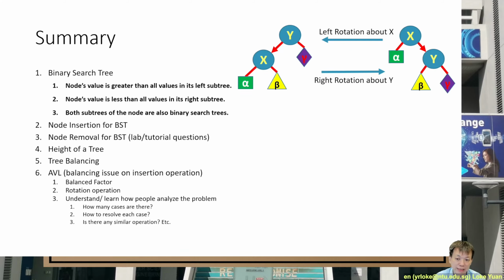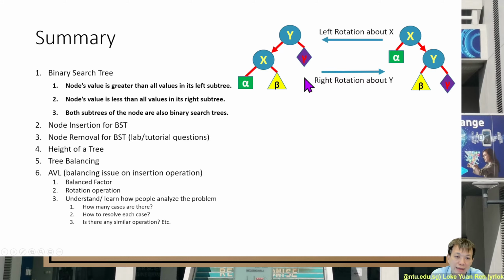So in that case, you need to do the tree balancing. And you will find that to do the tree balancing, you just need to do it on one node. It can be a left rotation, right rotation, or right rotation then left rotation, or just simply a left rotation. Overall, if you have the nodes, let's say I have the nodes alpha,